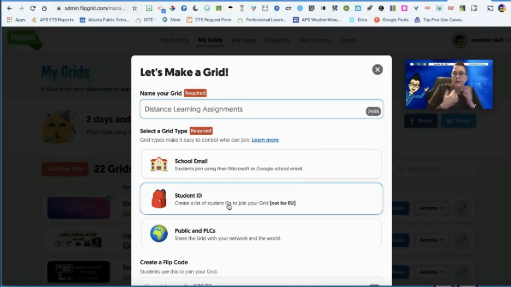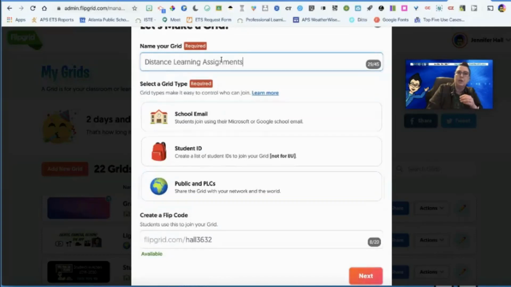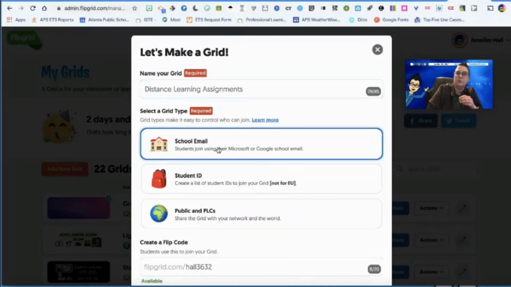The student ID, we don't need to worry about that because we have Google sign on, but that is if you wanted to put a list of students in there. And the public and PLCs option, that comes in handy if you are going to collaborate with another school. Since now we're doing all this distance learning, maybe you want to connect your class with another class in DeKalb County or Gwinnett County, or over in another state. So that means it's public. You can set a password, so you have to have the password to access it, but that is the public and PLCs. So we're going to go up here and we're going to choose to use school email,